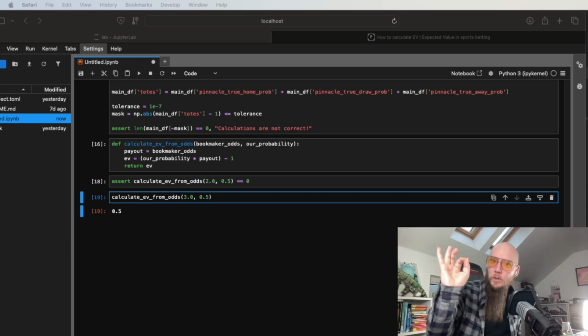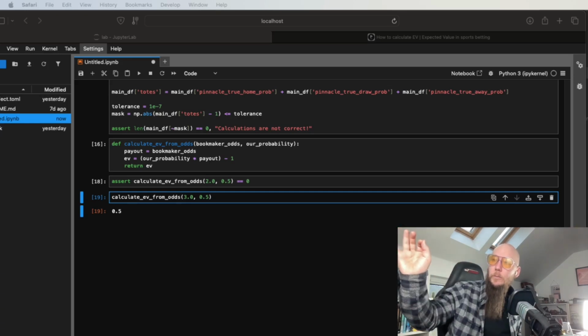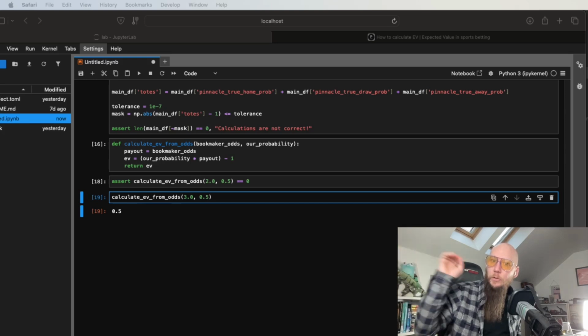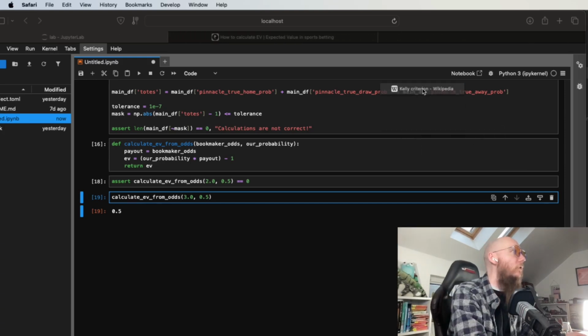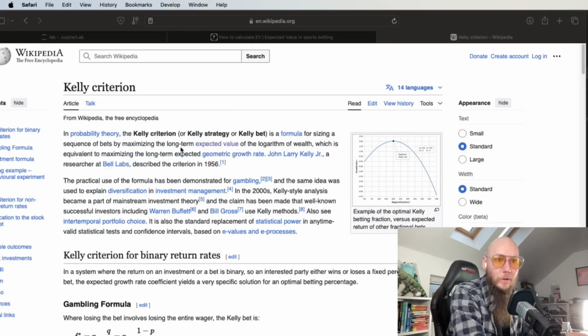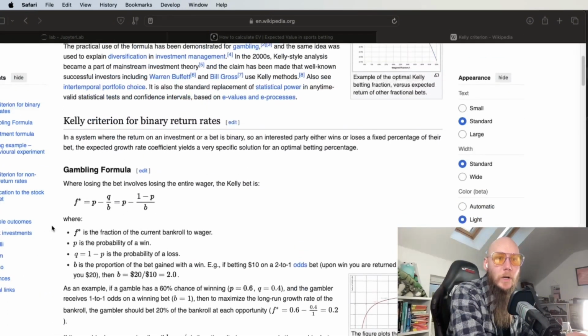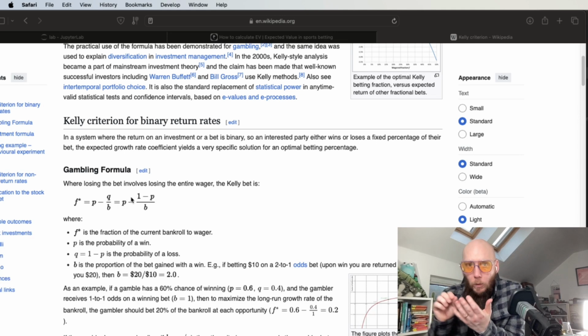What is the optimal amount of money to stake on something in order to be able to grow your bankroll? And he came up with a thing called the Kelly criterion, which is, there's a Wikipedia article on it right here. The thing that we're interested in is this here, which is the formula that tells us how much of our bankroll we should be staking at any one time on an event where we have a reasonable idea of